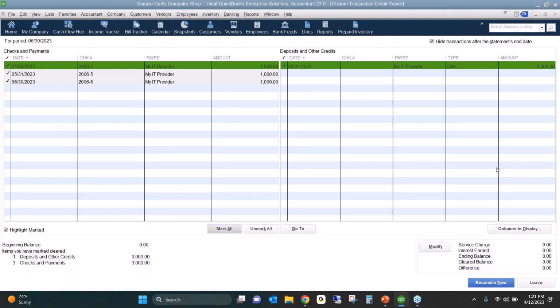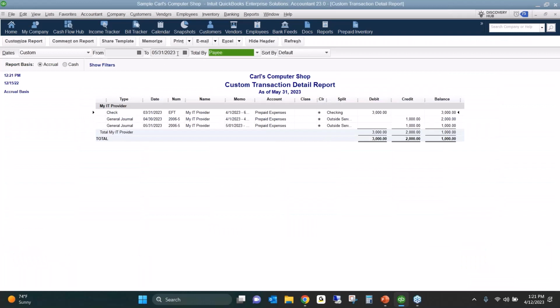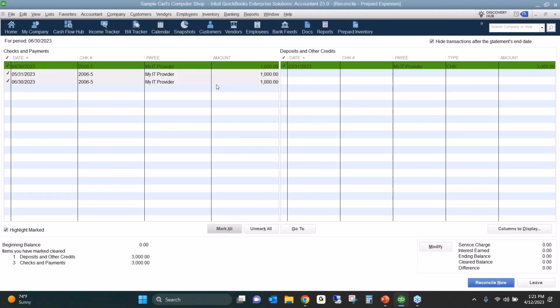Now, if I flip back over to my report, and before I even reconcile, I look at this through the end of June, see that asterisk there? That's just telling me that it is checked off in a reconciliation, but that reconciliation has not been completed yet. But once I hit reconcile now,